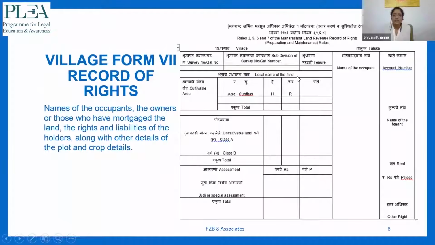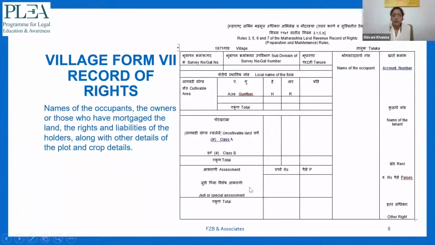Now, this is what generally in the village people are used to calling the land. So therefore, the local name has an importance of its own. You get description about the cultivable area, how much area is cultivable. Non-cultivable area is classified in two parts. Class A, that is all rocky or hilly regions which cannot be cultivated, or class B, if there is any reservation for public purposes, for roads, that all gets notified in class B.